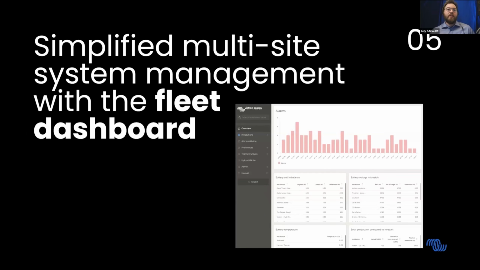We now have people with thousands of sites, and soon enough, we'll have people with tens of thousands of sites inside VRM. And what we really need to now do is think about how we rethink how people are designing their systems and how we're designing our system to give them the information they need from that VRM portal so we can continue to grow as they grow their businesses.